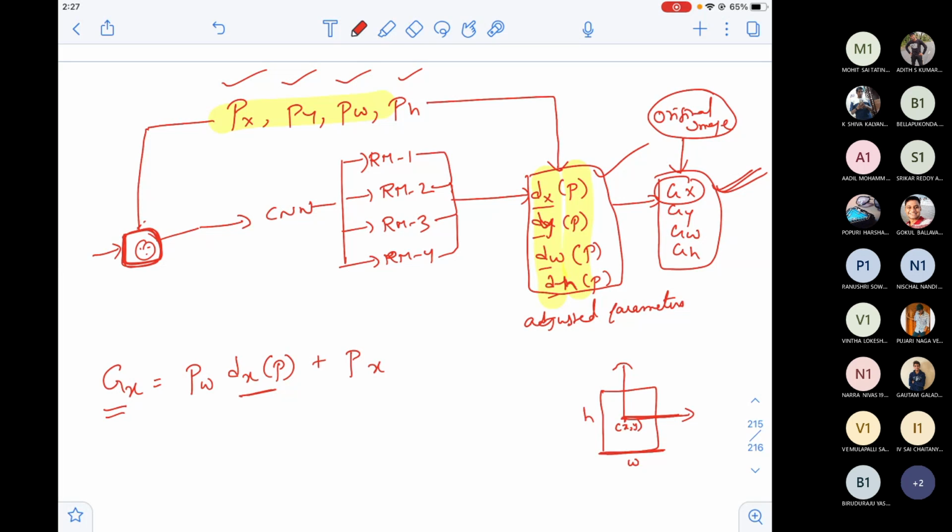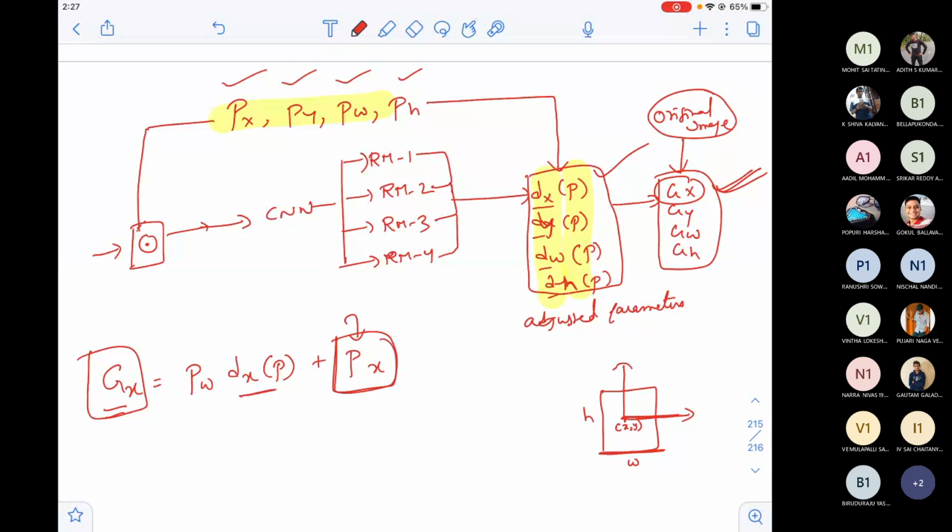Since I am at this position in the center, I should know how much adjustment I have to do to get the original x, because this px is the x of this proposed box. But do you think that the proposed box is the right box? No. Proposed box in our case only covered the face. It did not cover the entire person. So this proposed px is not right. So gx is the right x coordinate.